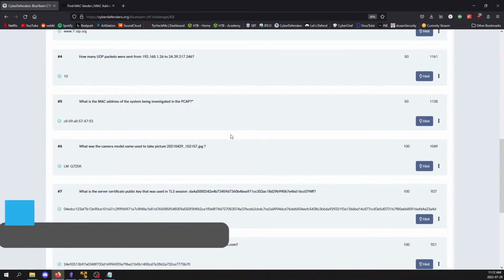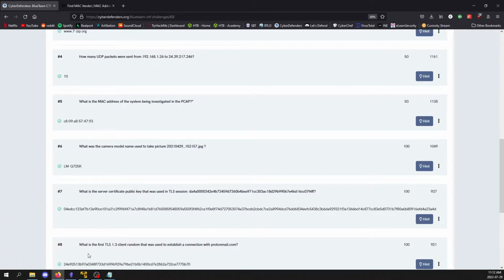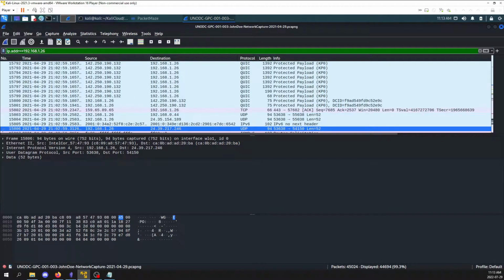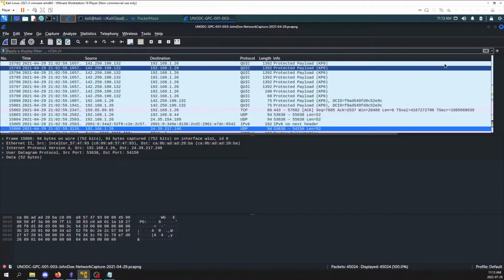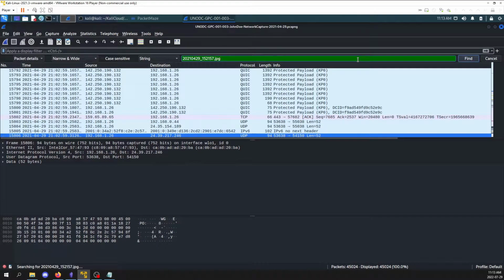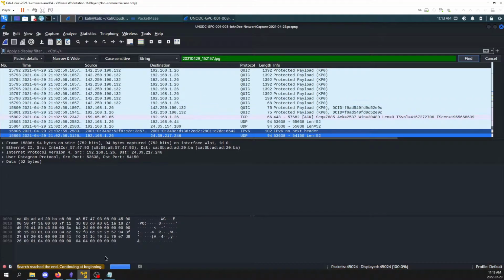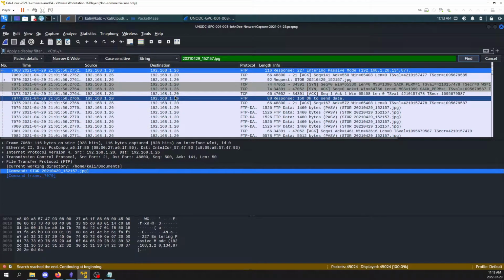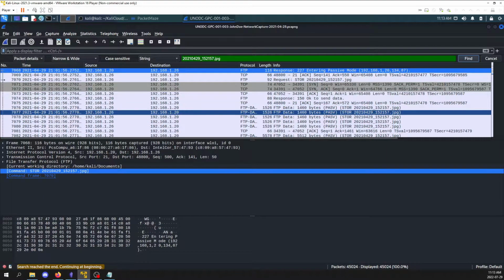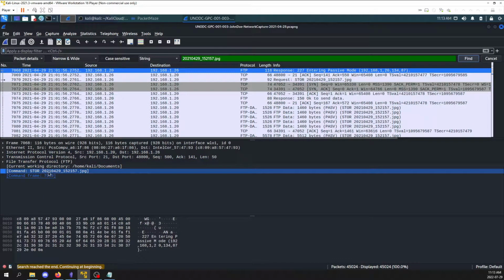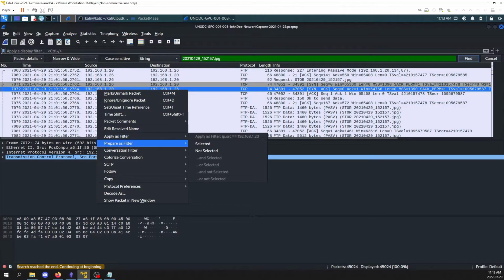So this next one is kind of fun. What was the camera model name used to take picture 2021.jpg? So if we go up here, we're not going to put any filters in. We're actually just going to search for it. So we're going to clear this filter here. Control F. Search for it over here. And sure enough, give it a second. There it is. So here it is. If we take a look, we can see STOR and that huge